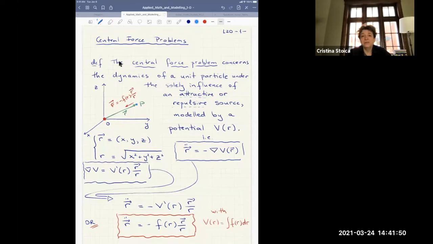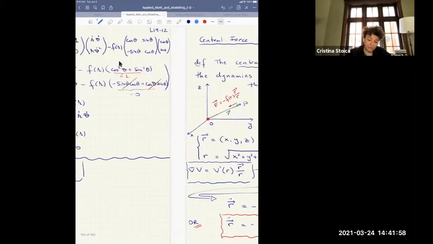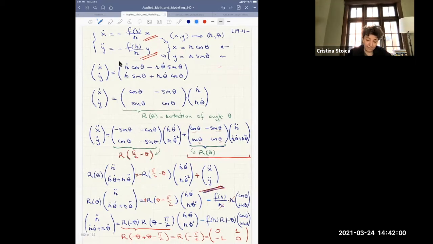Today we're continuing with the central force problems, and actually we're doing the Kepler problem. Before that, however, let's take care of a sign problem from last time. Although it was incorrect, the result was correct. If we do it correctly, the result is the same as the one last time. So here, when I use the rotation angles,